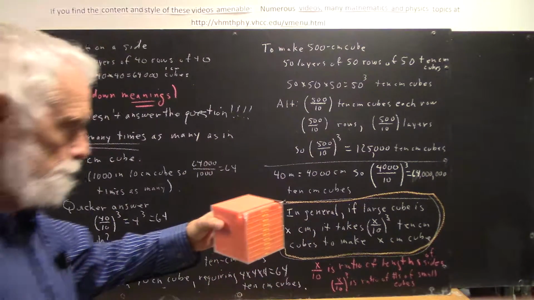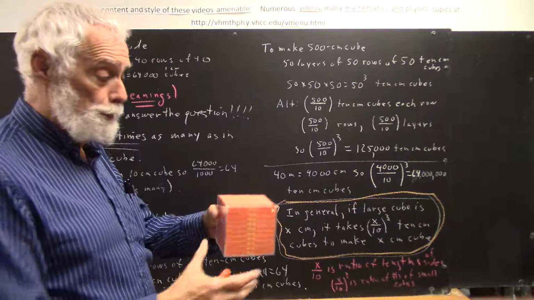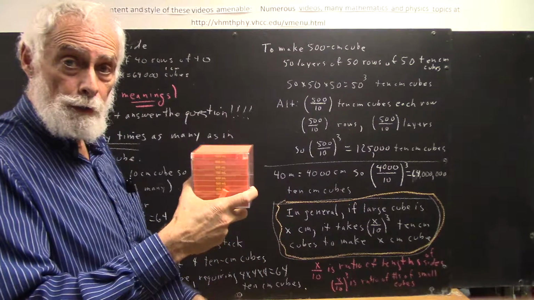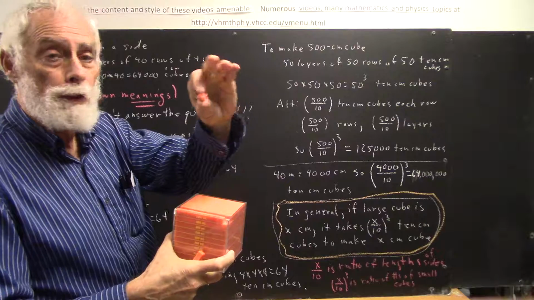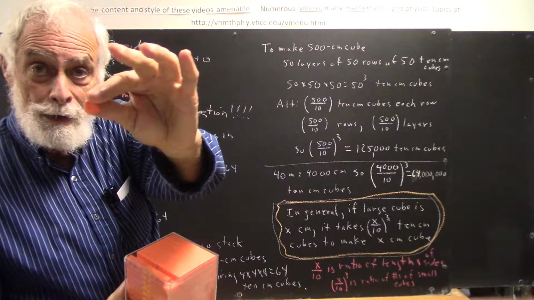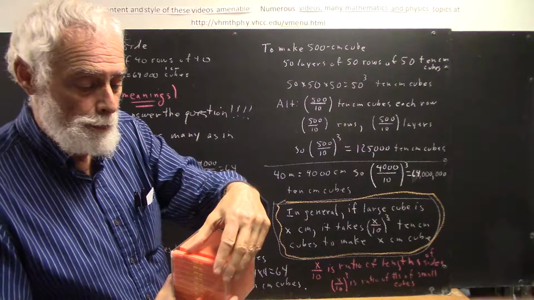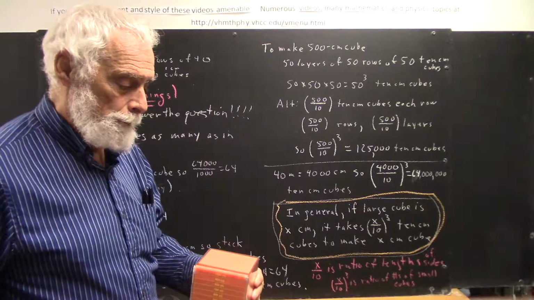Here we have a 10 centimeter by 10 centimeter by 10 centimeter cube, and it's full of little orange cubes like this one. These little orange cubes are 1 centimeter on a side. Take a good look at that. Okay, I'm going to put that in here, and also then